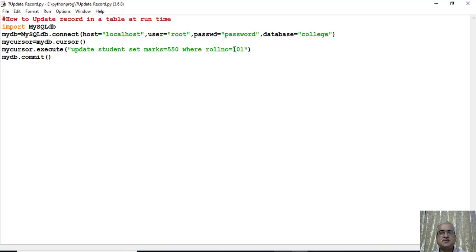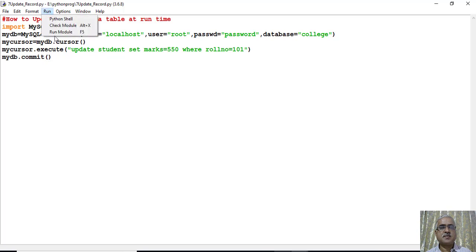We are changing the marks to 550 where roll number is equal to 101 by the SQL statement update student set marks equal to 550 where roll number is equal to 101. In this statement, all of these are compulsorily required: the import statement, the connect statement, creating the cursor, and then executing the SQL query by using the execute statement, and mydb.commit, which is storing this record.